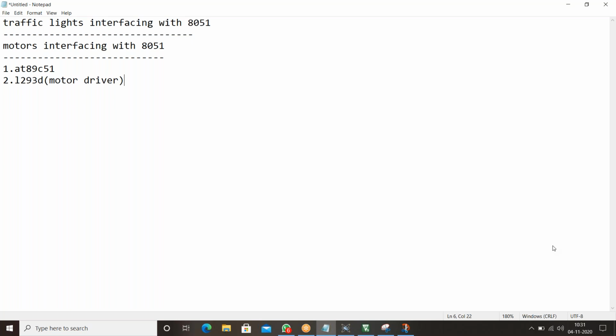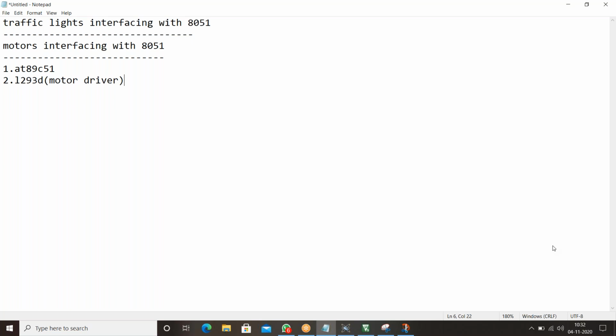Actually, by using this motor driver, we can connect two motors at a time. This is the best use of the L293D. And one more point: the inbuilt 5 volts DC power supply of the 8051 microcontroller is not enough, so we need an external power supply. To give power supply to the DC motors we use the L293D, and it also removes some noise. So this is the best use of the L293D motor driver.